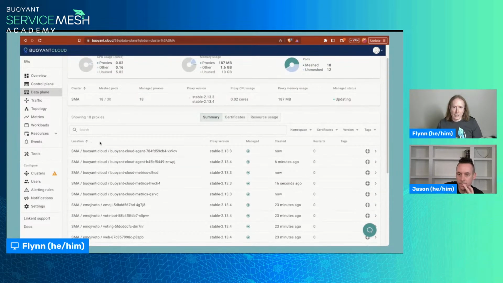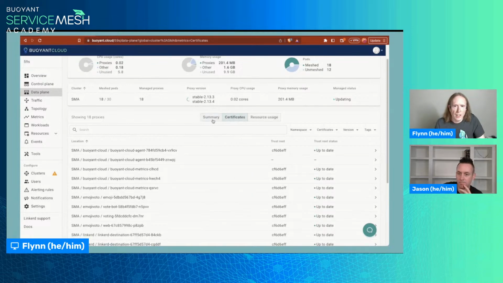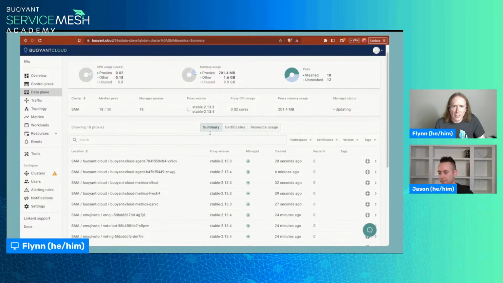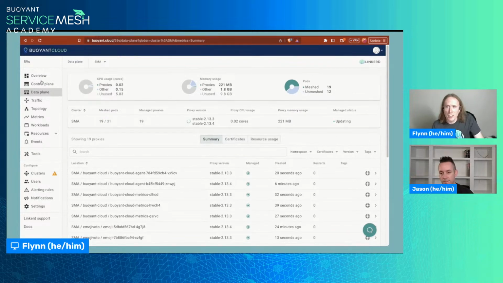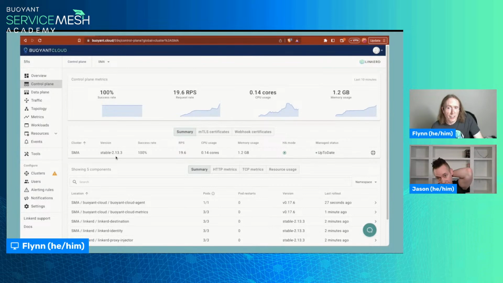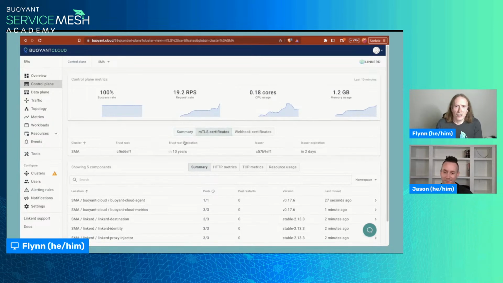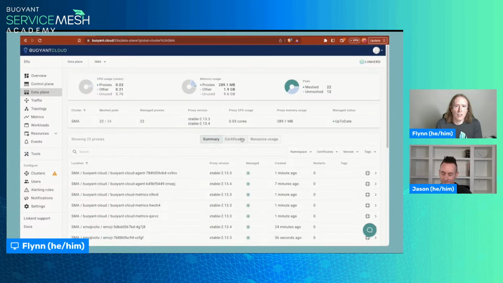That is going to take a little bit longer to go. I'm not entirely sure how much longer I'm going to wait for it, but you can see that it's doing the right thing there. That's the main thing that I wanted to show with Buoyant Cloud at this particular moment, just a quick demo of one of the cool things about Cloud with production: how easy it is to go through and just say, hey, give me this version and let it do all the hard work for you. That's really nice, actually. And being able to have it do things like show you whether any of your certificates are wrong.